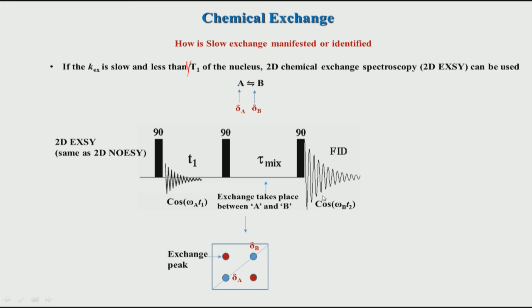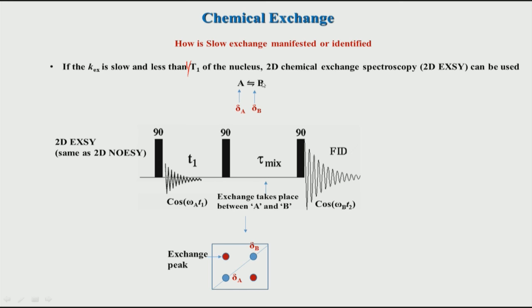Both processes are happening because in the starting it is not that only A is present; we are looking at an equilibrium reaction where both A and B are present, with some population. So A may be 60% population, B may be 40% in the total mixture, but they have already reached a steady state. Now, in the steady state, the 60% A which is there will slowly get converted to B, depending on the exchange rate, depending on the mixing time, etc.